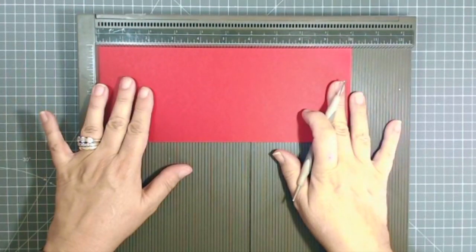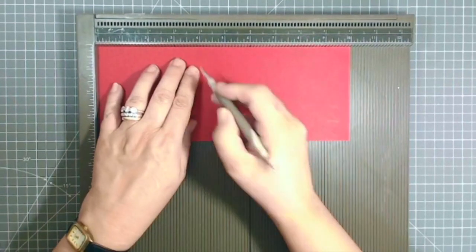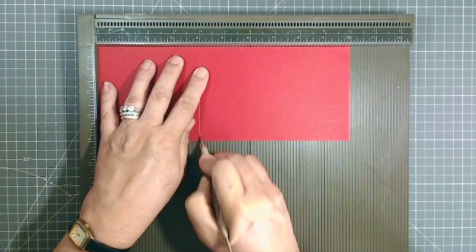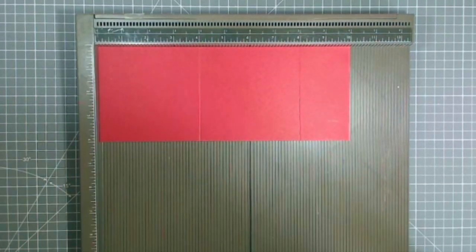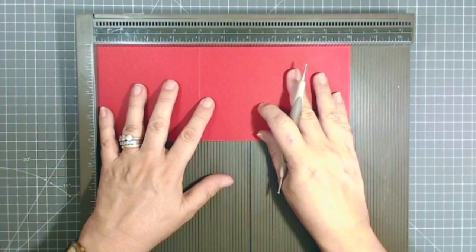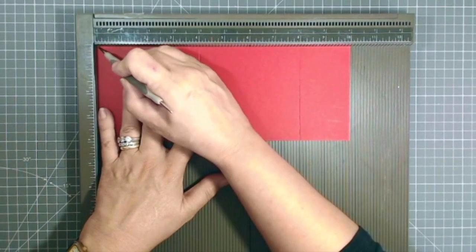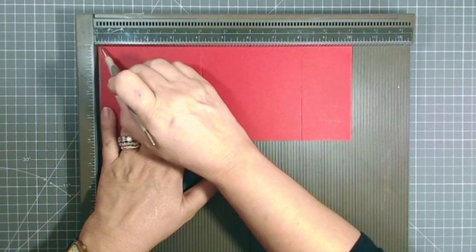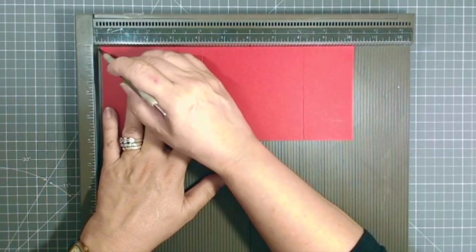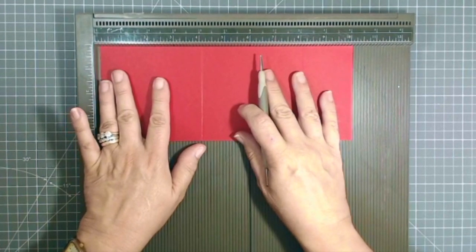This is a piece of real red card. It's 10 inches by 4 inches, and I'm going to score it at 4 inches and at 8 inches. Now, the next bit is completely optional, but what I'm going to do is move my card over so that it's level with the first groove. So there it is up against the butt bar, and I'm just going to move it over so that